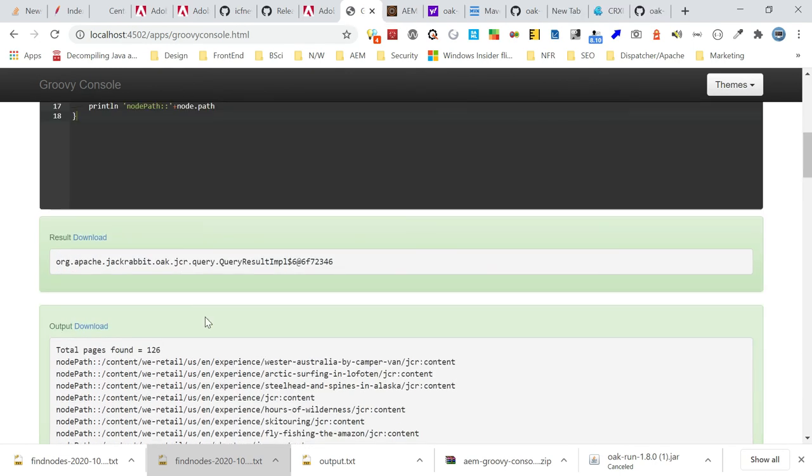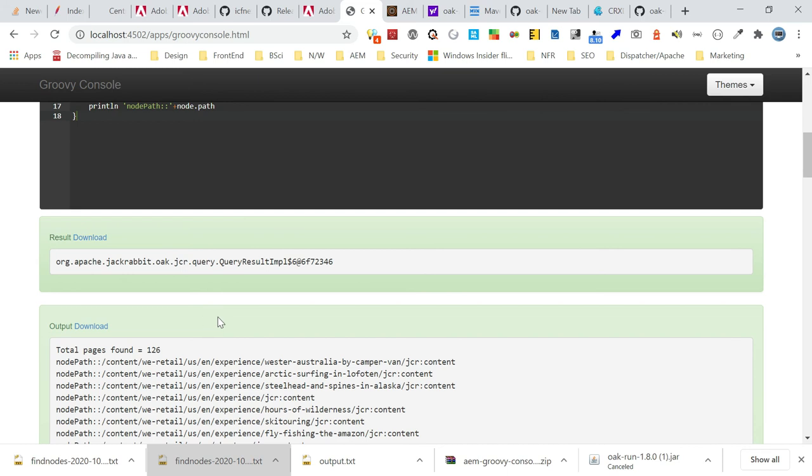Let us now move to the next option, using the OakRun tool to execute the Groovy script. OakRun enables the console mode. The console is based on Groovy shell, so we can use all the Groovy constructs. This tool enables us to execute scripts from the command line interface, so both offline and online scripts can be executed. By default, read-only mode is enabled. If required, write mode can be enabled, but the instance should be offline to run the write mode script.